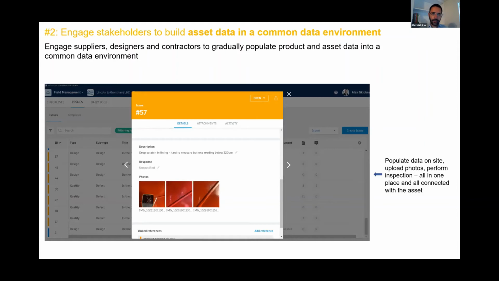So we are engaging with them, and we have provided them with the tools to do this in a common data environment where everything is linked with an asset ID. It is all growing and maturing through the course of the life cycle.